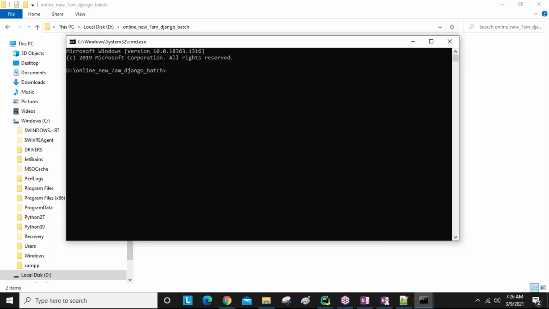That all depends on the IDE. You use one IDE, I use one IDE, another person uses another, so IDEs are not the same for all people, but the command prompt is the same for everyone. That's why your first responsibility is to have knowledge of the command prompt: how to create the project name and application name, how to run the server, how to create the tables, how to create the users, like that.